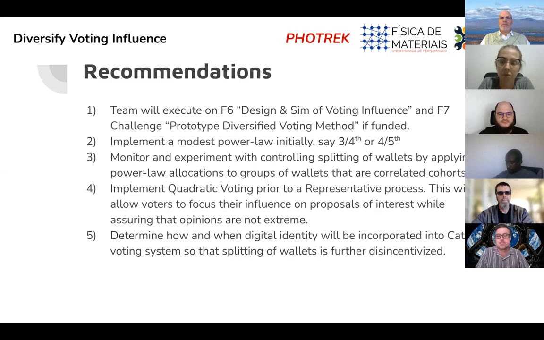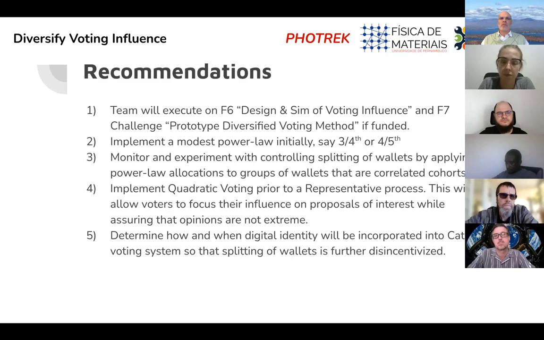And then finally, if we make progress on that part of it, then we think it would be really worthwhile to implement this quadratic voting prior to a representative process. Because while representative democracy is certainly very important, if you combine that with one coin, one vote, you're really going to dilute the smaller wealth holders in the community